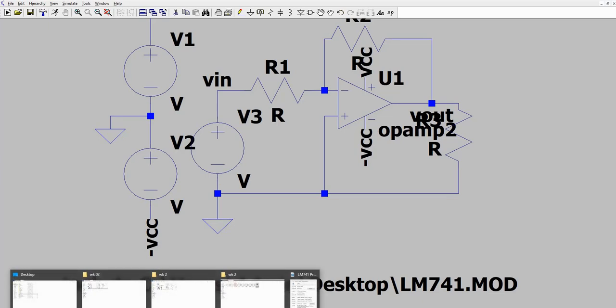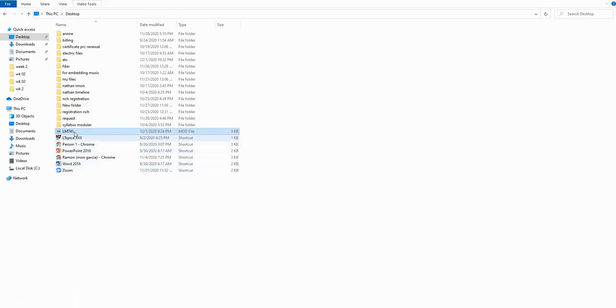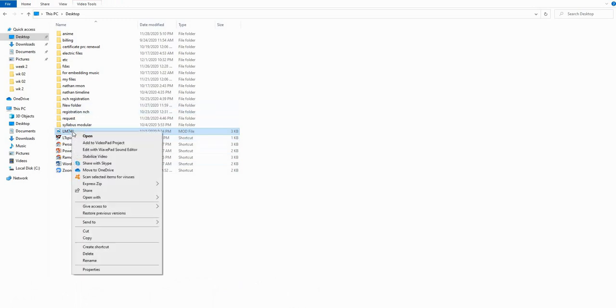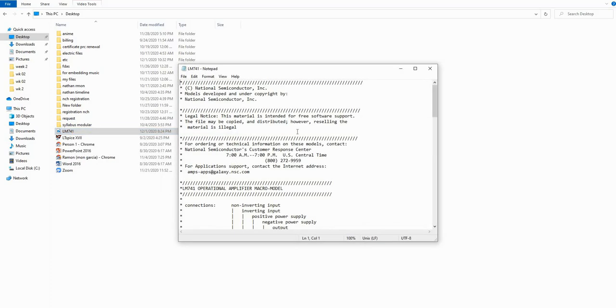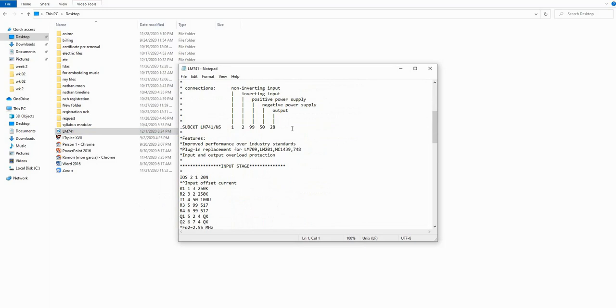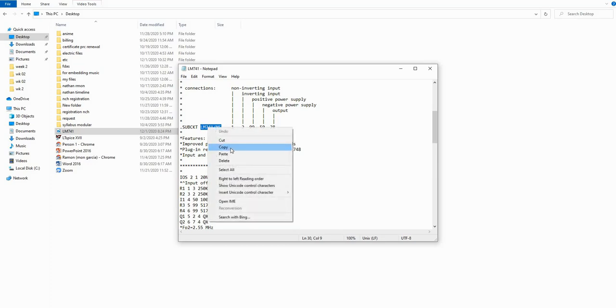For you to do that, you need to determine the contents of your LM741. So you need to open this using Notepad. So open with Notepad. You will notice on your sub-circuit, the name is LM741NS. So just copy the sub-circuit name.